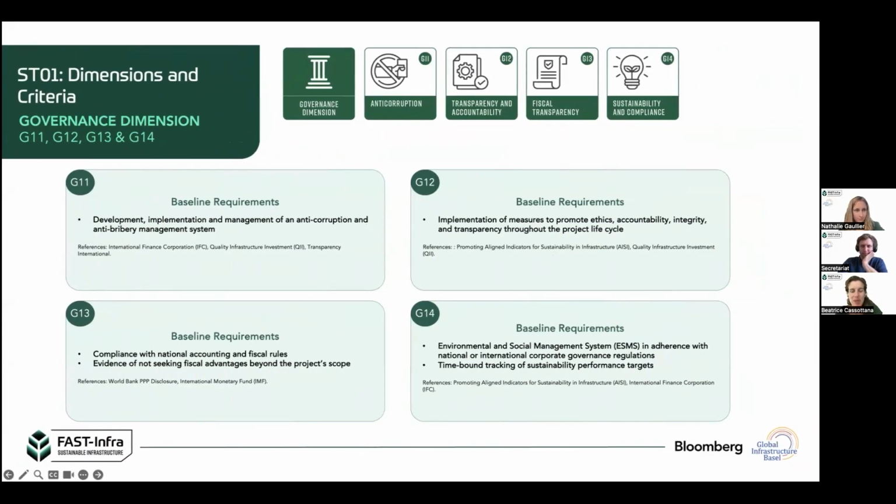Okay, so we move on to the last dimension, which is the governance dimension. For the governance dimension, we don't have a positive contribution, but the project has to pass all the baseline requirements. So for G11, anti-corruption, the project has to show that it is developing, implementing, and managing an anti-corruption and anti-bribery management system. For G12, transparency and